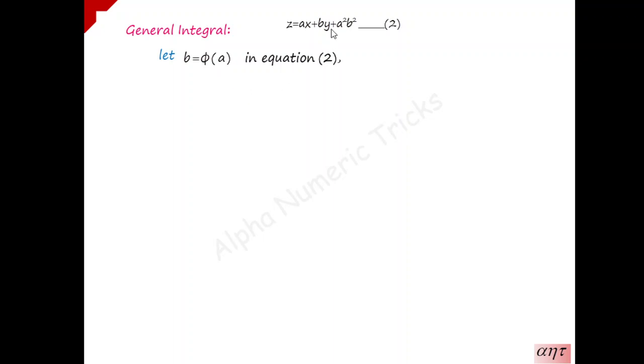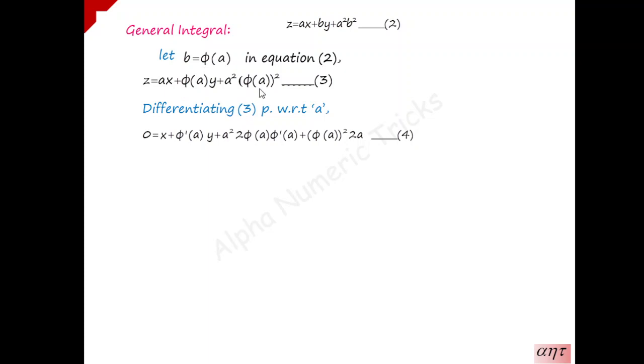Substitute this value in equation 2, your complete integral, then you get z is equal to ax plus b is replaced by phi of a into y plus a squared into phi of a the whole square, since b is phi of a the whole square. Now your two arbitrary constants in the complete integral are reduced to a single arbitrary constant a. So you have to differentiate this with respect to that arbitrary constant a. Then you have dou z by dou a, which is equated to 0, is equal to